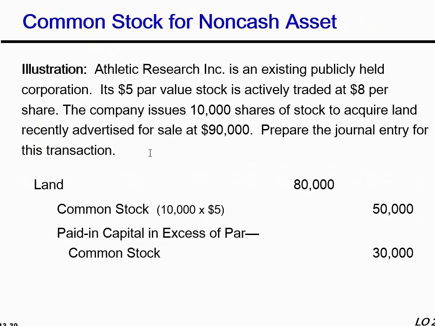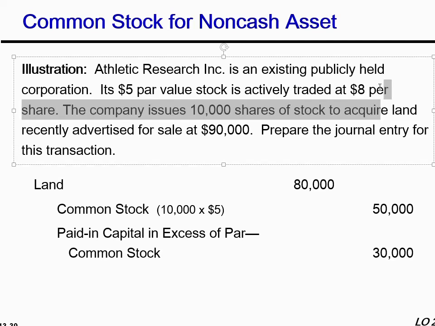If you see here, the fair value, or you can say the traded value of the share, is more authentic in this example. Why? Because the land's advertised price is $90,000. People negotiate even after that advertisement. This company might negotiate with the seller, and maybe the seller would agree at 85 or 80 or 88,000, right? So as compared to 90,000, the market fair value of the share is more acceptable. So that's why I will be recording the land not with 90,000. I'll be recording the land based on $8.